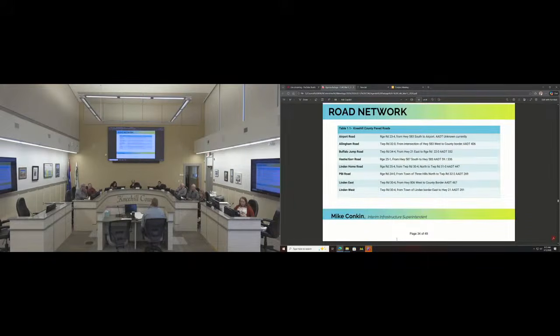Sorry, I'm just double checking. I have a different sheet, apparently I forgot to print off my newer one. That's split into two there, but that is now an ACP paved road, so we only ban that to 90% for the spring. The Linden Home Road is a chip sealed road. It is a very busy road. PBI Road is also just a chip sealed road, no pavement on that. Linden East and West are both ACP pavement and also very, very high traffic roads.